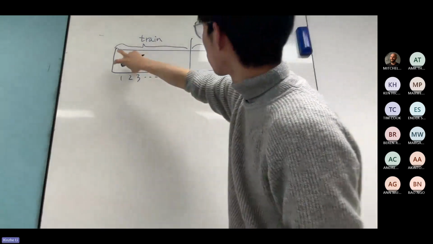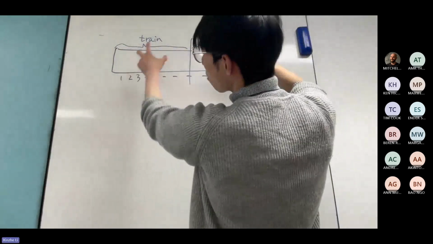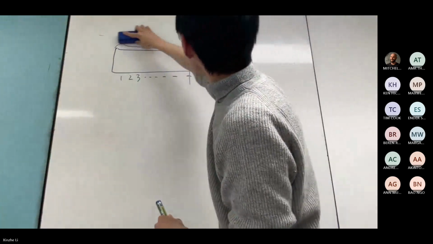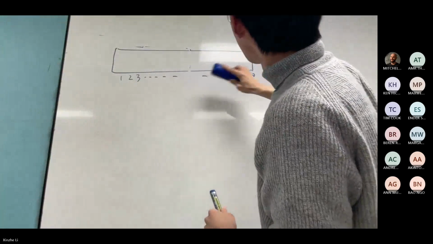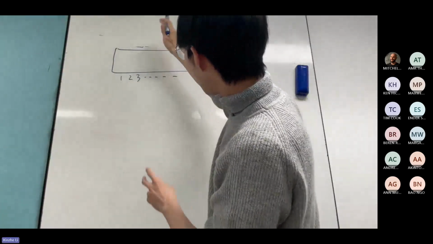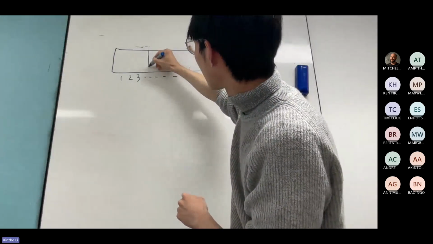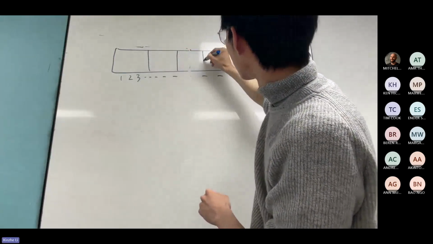But how can I use all of them for testing, but also separate training and testing? Here is the idea. Let me separate this data into maybe 5